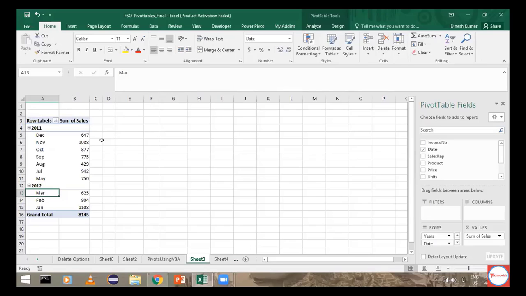It's in descending order, that's why it's coming this way. I think both look fine, isn't it? January. Yeah, it's fine. It's sorted.